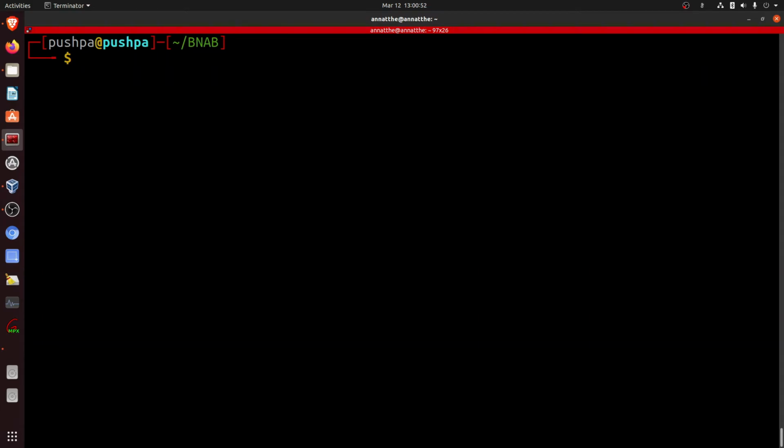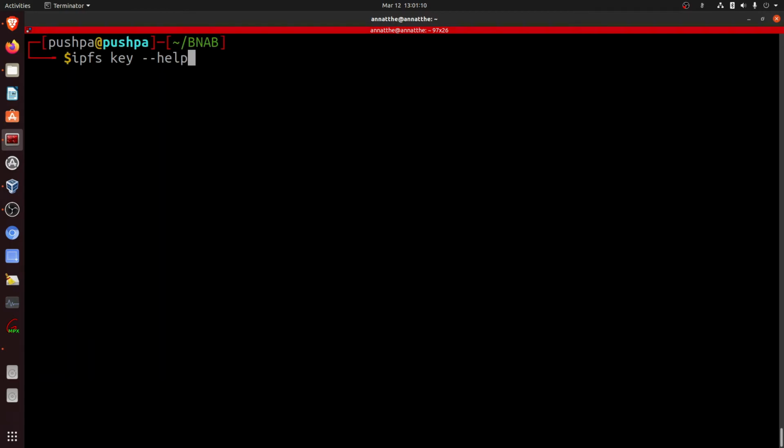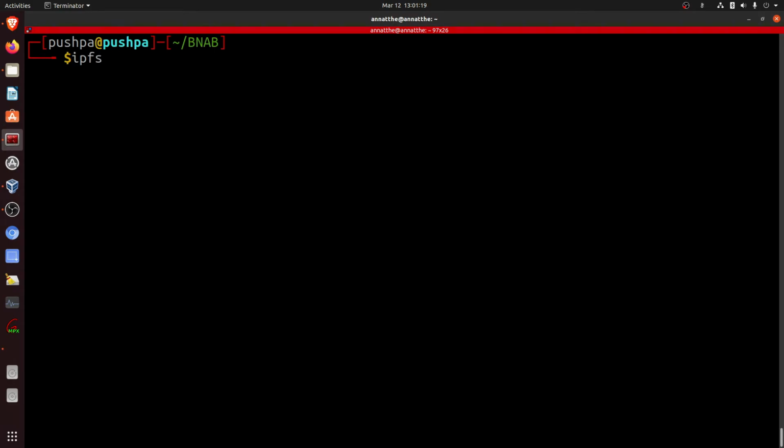Now we'll go ahead and I say IPFS key. This is basically meant for creating and listing the IPNS key pairs. IPFS key --help shows the options. The next command is IPFS key list. Now there are two keys that I have created earlier, self and Rajni, and we'll create another one. So IPFS key gen